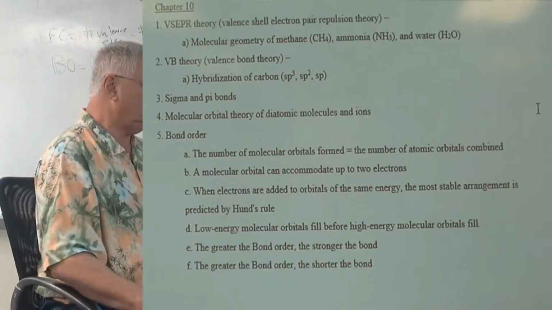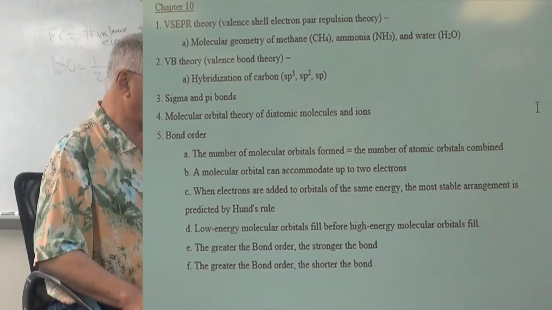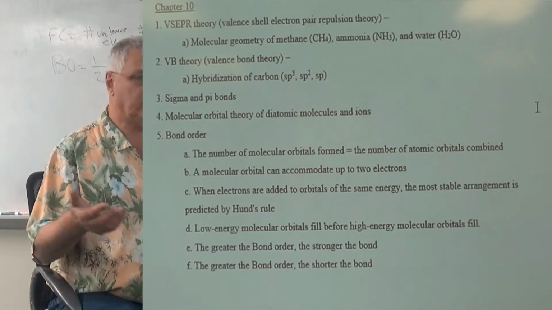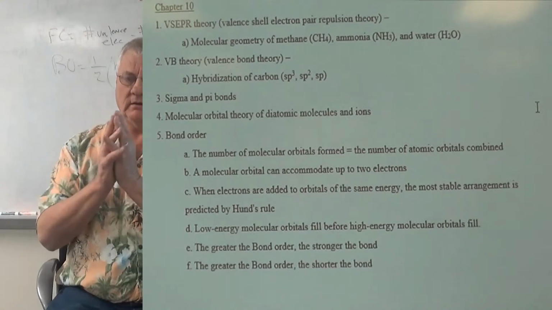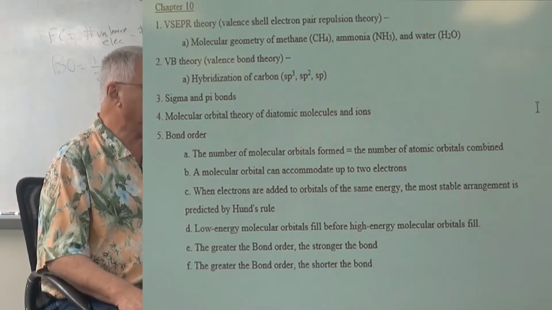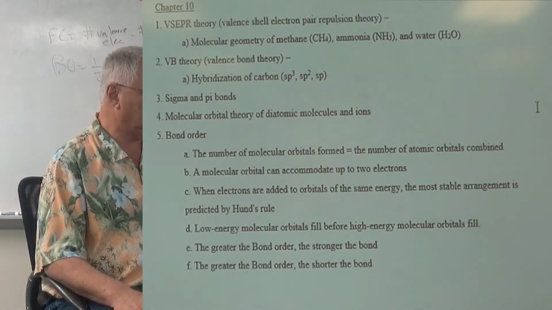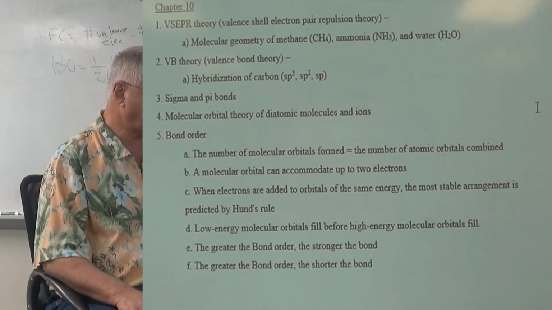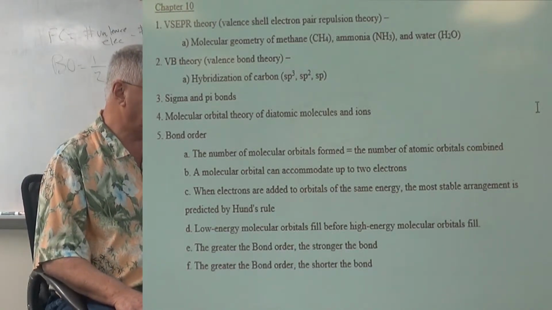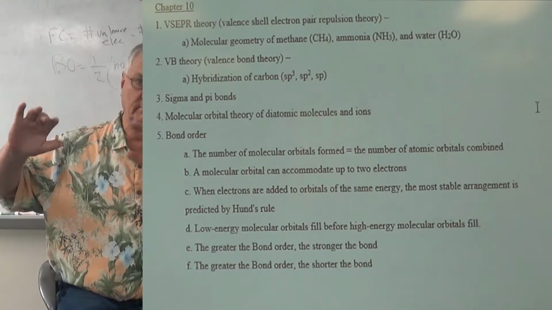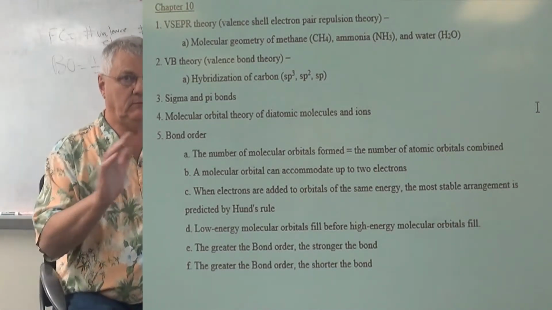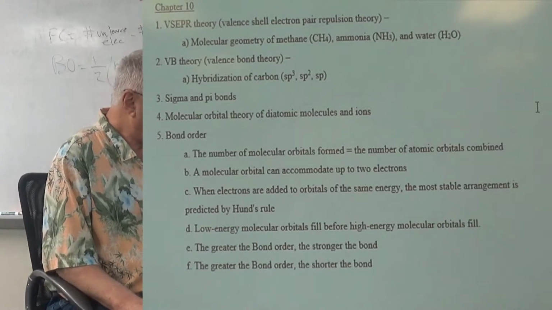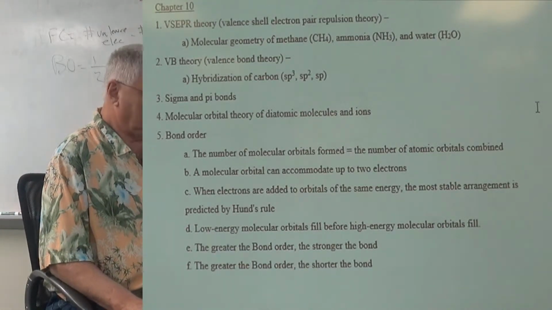Moving on to chapter 10, we talked about valence shell electron pair repulsion theory, and really the basis for it is very simple. Electrons repel each other, whether they're in covalent bonds or non-bonded pairs in orbitals, and this essentially guides the shape of molecules. If you have a central atom in a molecule or polyatomic ion, its covalent bonds and non-bonded pairs want to get as far apart as possible. They repel each other, and they give rise to this variety of shapes. The only ones you really need to know about per se, the molecular geometry of